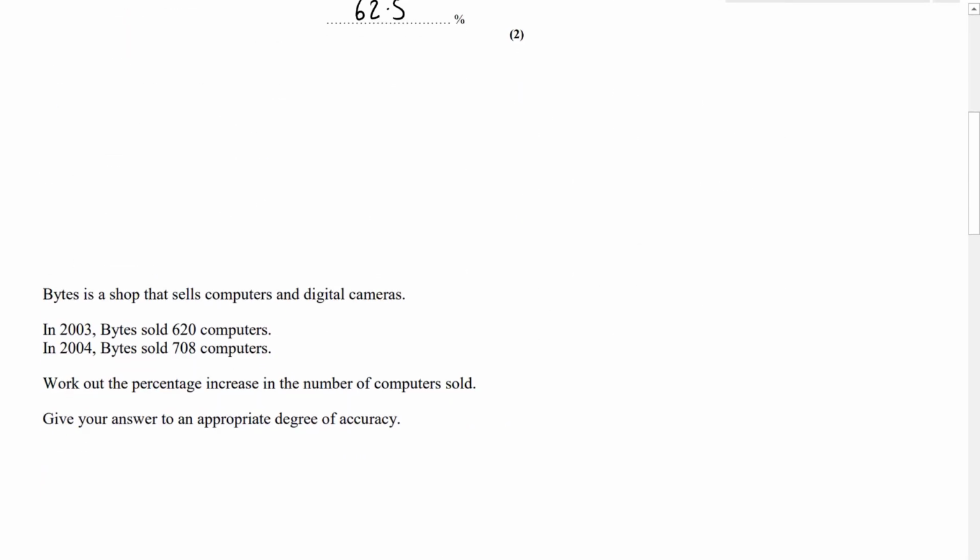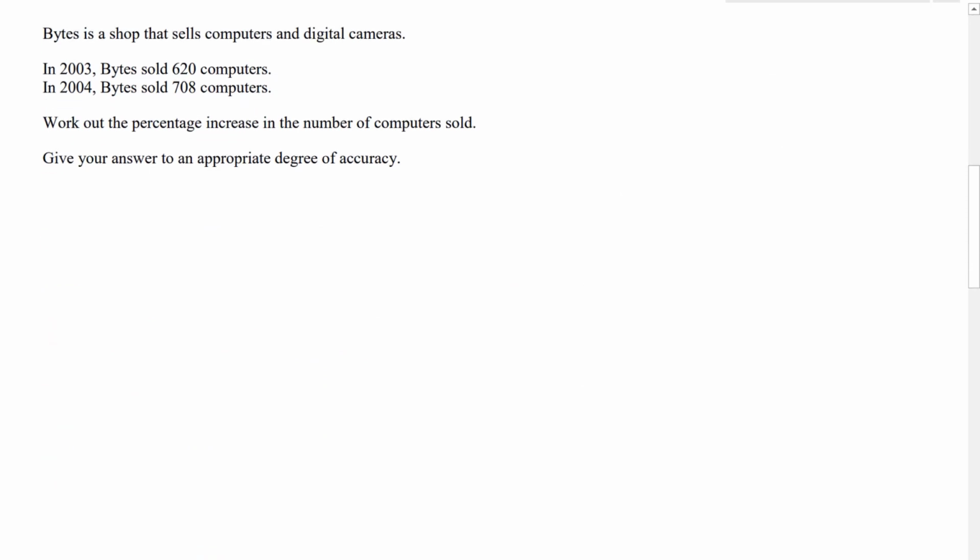Okay, so now let's have a look at this question. Bytes is a shop that sells computers and digital cameras. In 2003, Bytes sold 620 computers. In 2004, Bytes sold 708 computers. Work out the percentage increase in the number of computers sold and give your answer to an appropriate degree of accuracy. Okay, so if we're trying to work out a percentage increase, we first need to work out what is